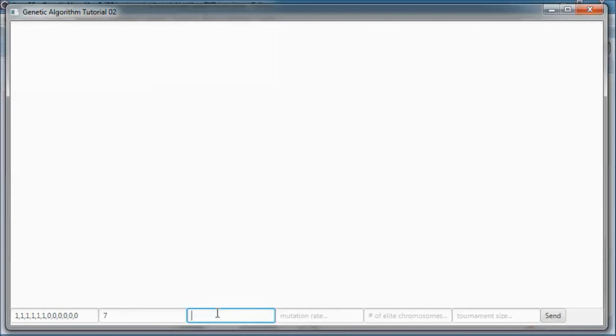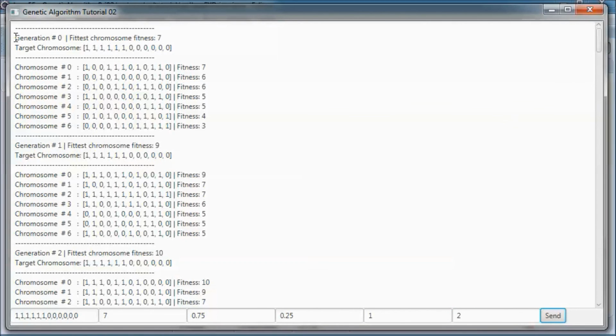Crossover rate, let's say it's 0.75, and this should be between 0 and 1, and mutation rate, let's make it 0.25. So same thing, this should be between 0 and 1. Number of elite chromosomes, let's go for 1. Tournament size, let's say it's 2. Let's run it.